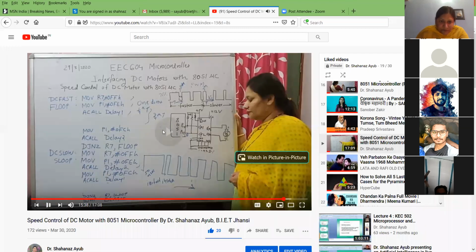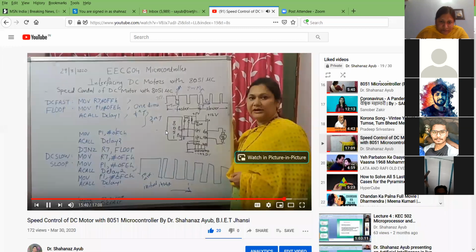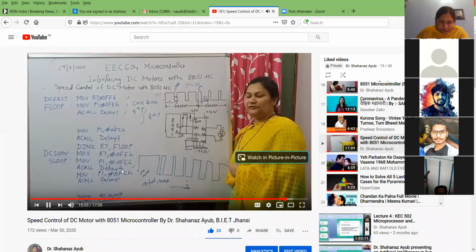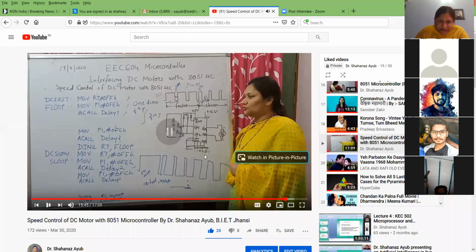Speed control. Yes. See here what we are doing. To accelerate the motor, first you have to put the 50 millisecond pulse for avoiding the initial inertia. Because when you start with slower supply, immediately it will not move. It wants some faster supply. So first you have to put the pulse of 50 milliseconds just to overcome the initial inertia.